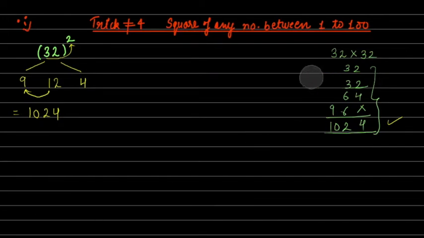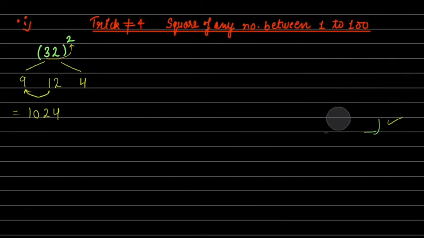So this trick is very simple. You have to write the square of both the numbers side by side. Then in the center, here, write the product of these three digits. 3 2s are 6 and 6 2s are 12. If there is any carryover, always pass it like we do in simple addition.